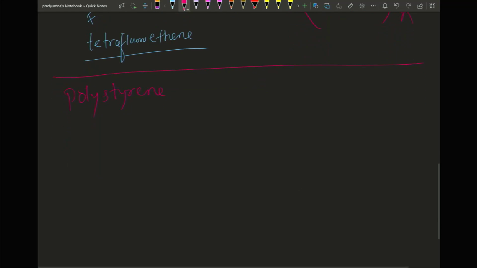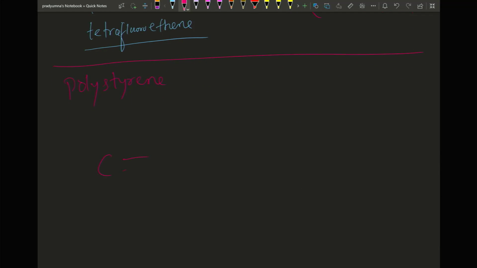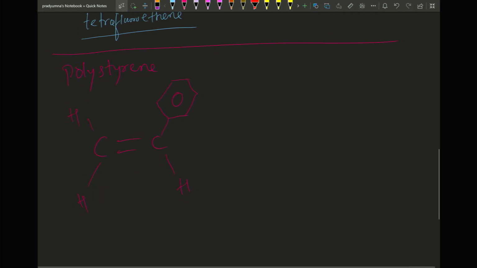So again, the basic structure is exactly the same, C double bond C. We have hydrogens, hydrogens, hydrogens, and hydrogens, but one of them here is replaced by a compound called a benzene ring. We're going to learn next in this video what a benzene ring is. So that's the polystyrene. So you do polymerization reactions here,